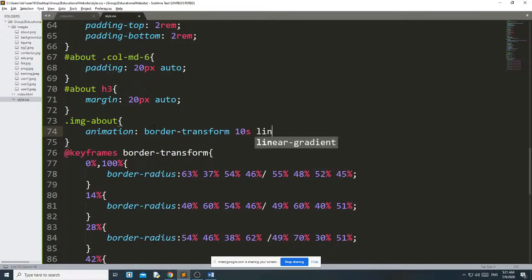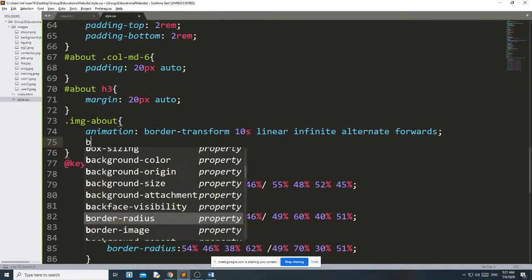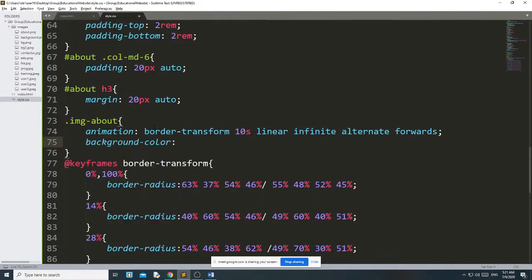Then linear, then infinite, then alternate, and it starts from forwards, meaning clockwise. Okay, and I want to give a background color: B7A7ED.